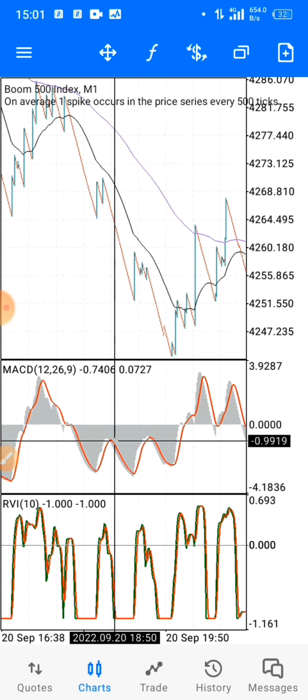So it's quite simple. Try this out on demo first, before you go live. If you practice on demo, you get to know the lot size that you're going to be using depending on your account size. On demo, use the lot size that you're going to use on real. Don't satisfy yourself with using larger lot sizes that you don't have the courage to use on the real account, right? So try this out on demo,